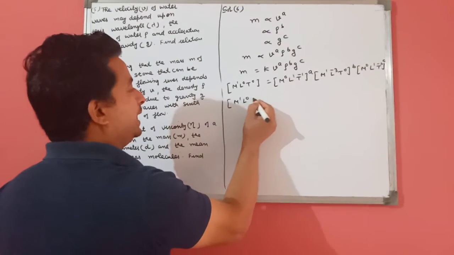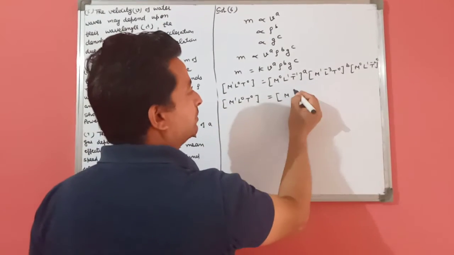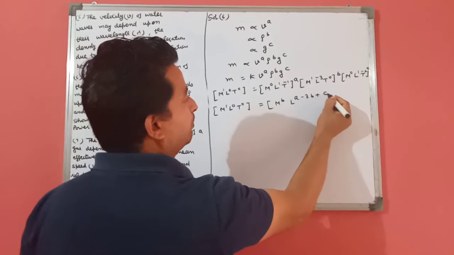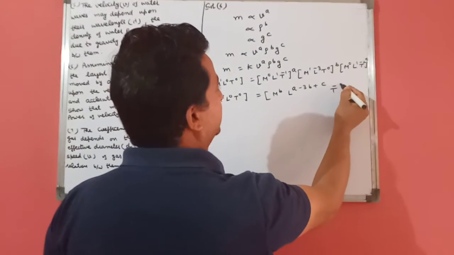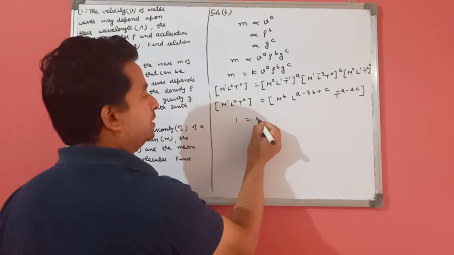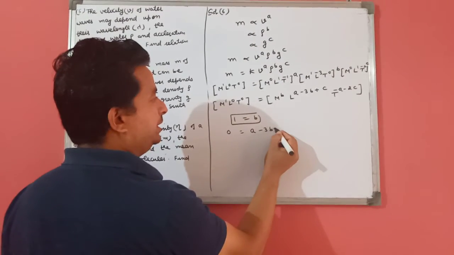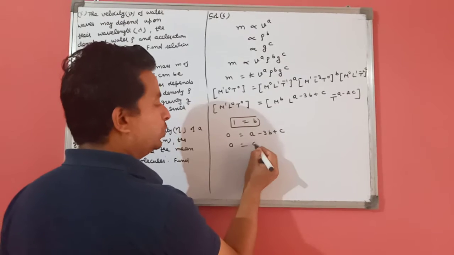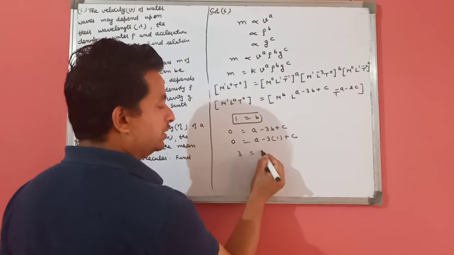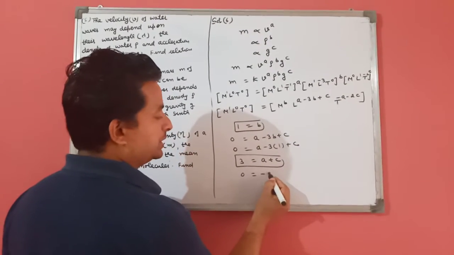When we combine these like quantities, M has power b, L has a - 3b + c, and T has -a - 2c. So 1 is equal to b, and 0 is equal to a - 3b + c. When we put the value of b, then 3 is equal to a + c,